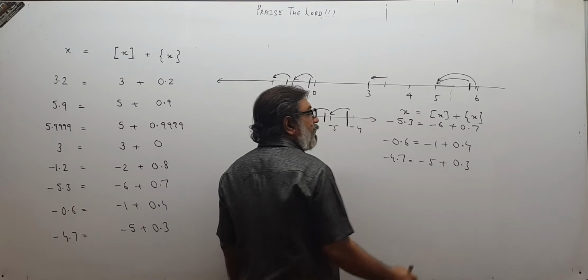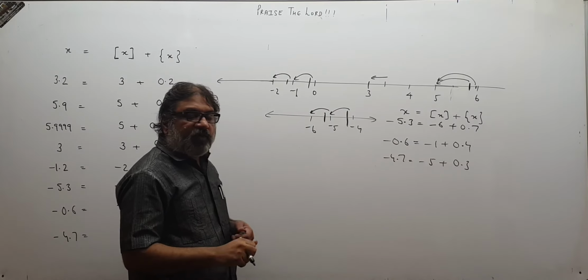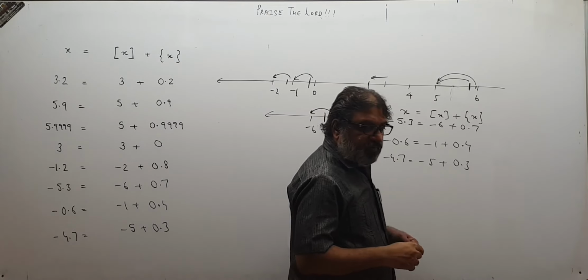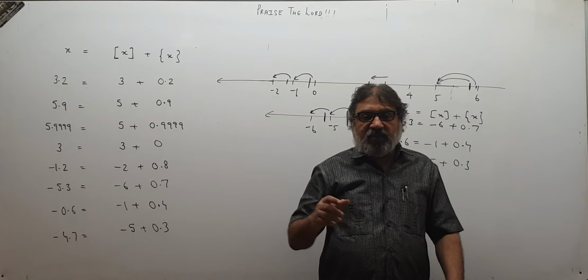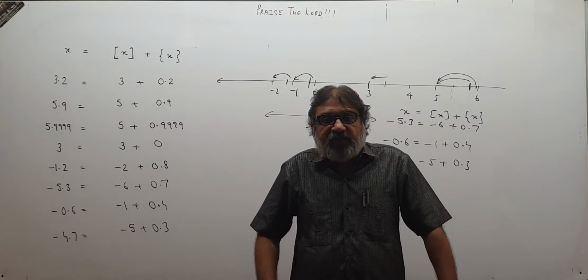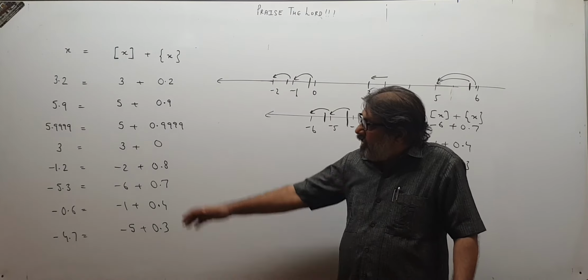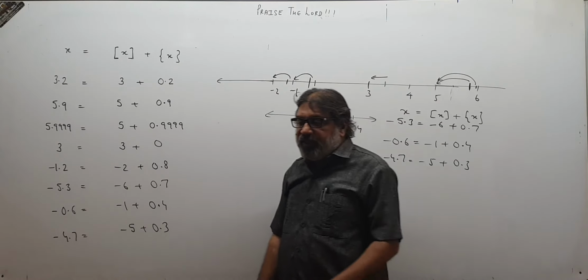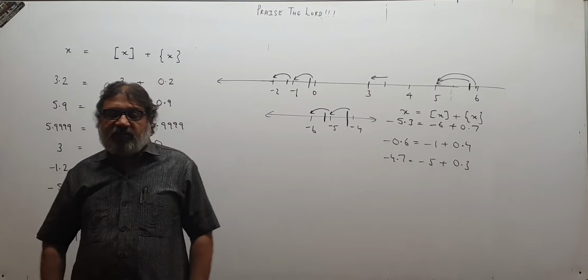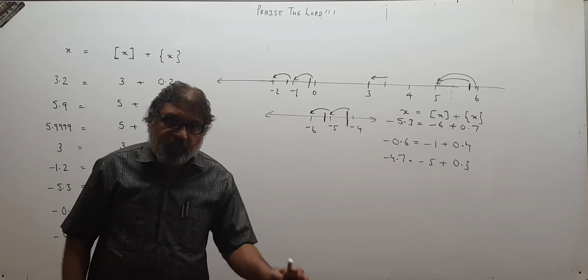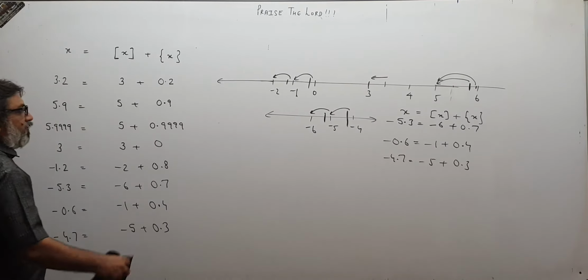Like this you think. So how to get integer part of any number? Do you understand? Wherever you are standing on the number line, move to the left. The first integer that comes your way is the trick to get the integer part. Explanation is this. So how to get integer part of any number and how to get fractional part of any number, that I told you. Please pause and copy, children.